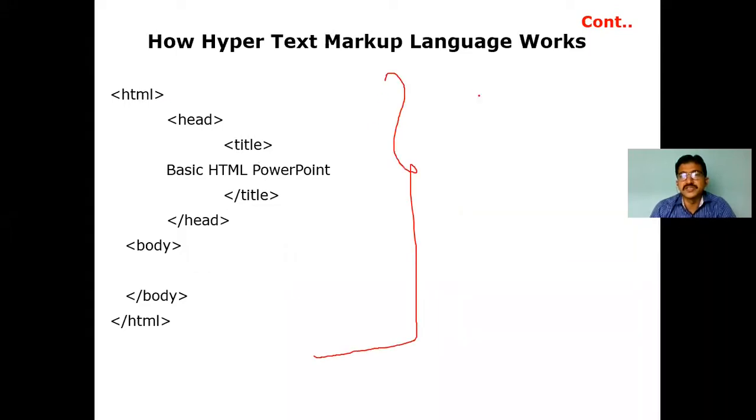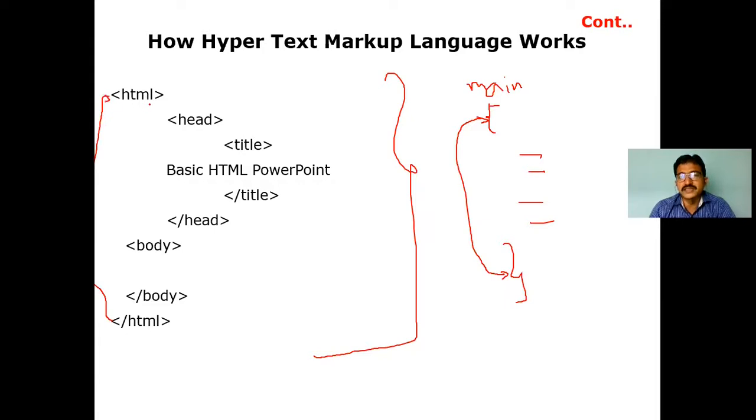So initially, how does the C program start? With main, or header files, and open braces, close braces. This is how we indicate where the main starts and ends. Whatever code you write between these braces is called a program. In the same fashion, whatever you represent as semantic and presentation markup goes in between these HTML tags.